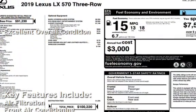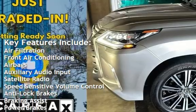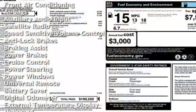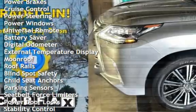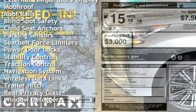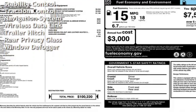Key features include air filtration, front air conditioning, airbags, auxiliary audio input, satellite radio, speed-sensitive volume control, anti-lock brakes, braking assist, power brakes, cruise control, power steering, power windows, universal remote, battery saver, digital odometer, external temperature display, moonroof, roof rails,